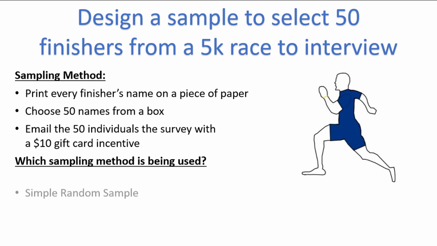This is a simple random sample. If all participants' names are in a box, and the box is well shuffled, then each member of the population has an equal chance of being chosen. Technically, we should replace each name back into the box after it's been chosen for it to be a simple random sample, but the difference is small as long as the population size is large.